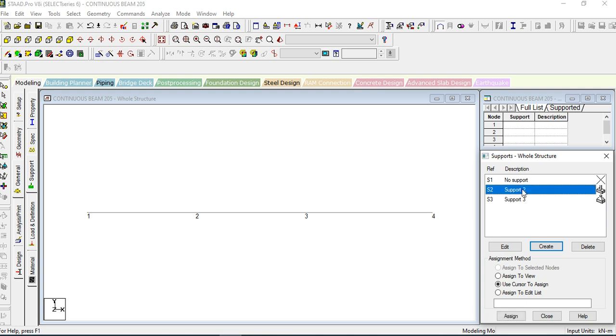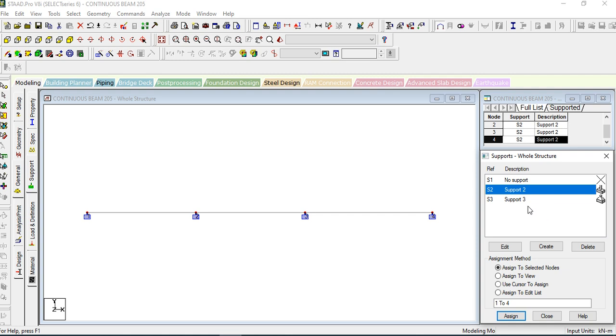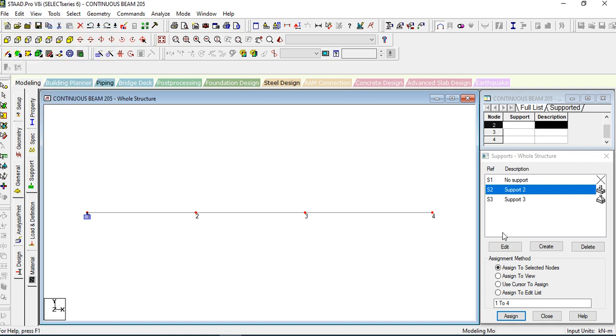Now select the support S2, which is a fixed support, and use assign to view option to assign the supports to the beam. So select this one and select assign to view, click on assign. Oh sorry, you have to select the assign, use cursor to assign. So what I'll do, I'll just go to undo. Okay, I have to undo support. So now I'll click on this use cursor to assign, and click on node 4,